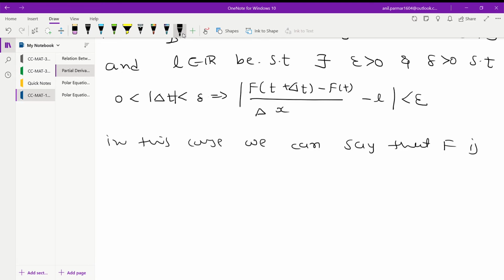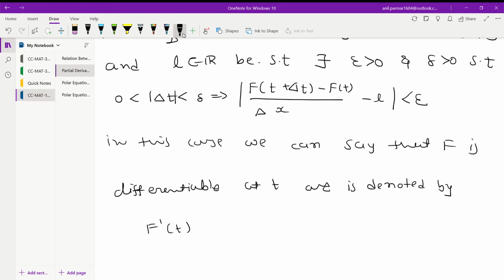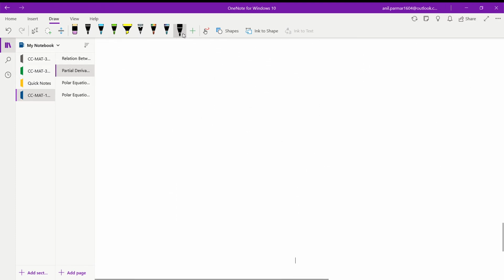f is differentiable at point t and is denoted by f dash t or df upon dt. ખાસ ધ્યાન રાખજો અહીંયા d છે del નથી. d છે means ડેરિવેટિવ છે અને પેલું હતું એ પાર્શિયલ ડેરિવેટિવ હતું. તો આજના દિવસમાં આપણે થોડી પ્રોપર્ટી જોઈ લઈએ ડેરિવેટિવ ની અને પછી આગળ વધીએ